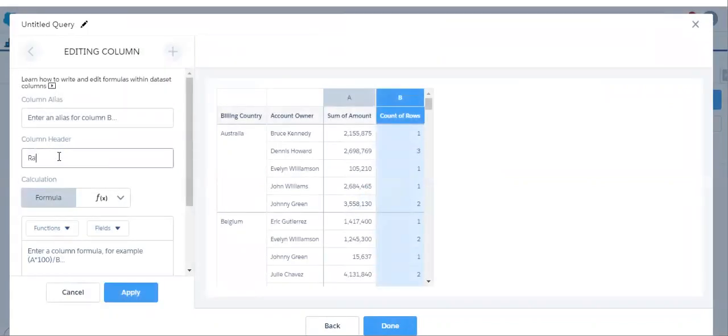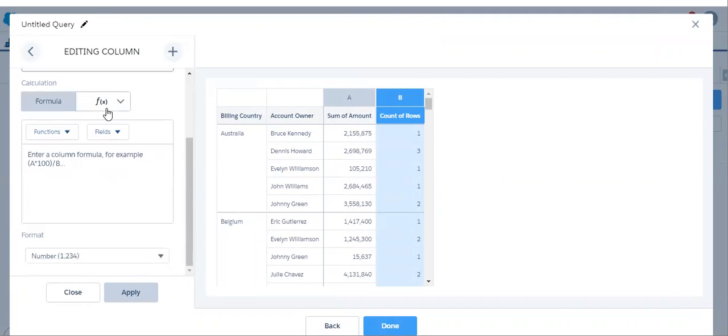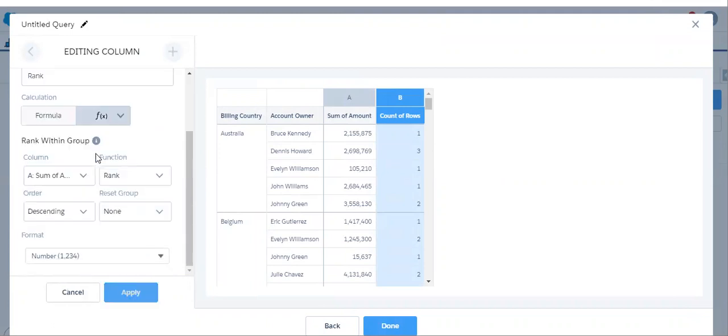Let me name it as rank. I'm going to apply the rank within group function. So we are going to utilize the sum of the amount column. Based on that we are going to rank, and I selected the rank function.